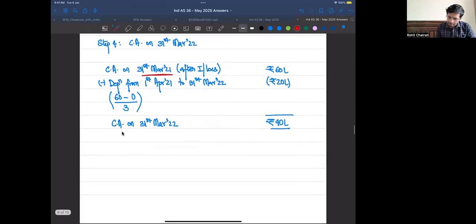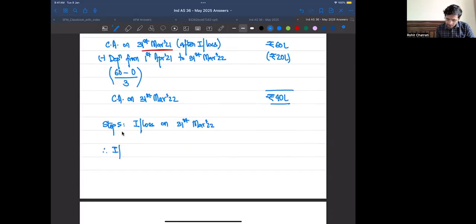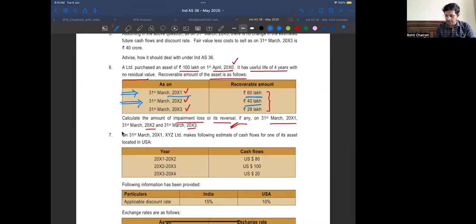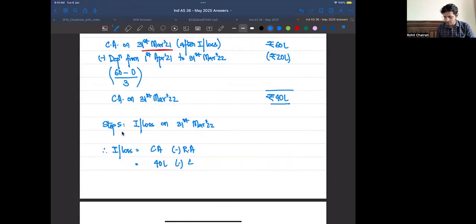Now we will be comparing the carrying amount with the recoverable amount on 31st of March 2022. So to calculate the impairment loss on 31st of March 22, we will be comparing the carrying amount with the recoverable amount. Impairment loss will be equal to carrying amount less recoverable amount, that is equal to 40 lakhs. Recoverable amount was also equal to 40 lakhs on 31st of March 22. So it's going to be 40 lakhs less 40 lakhs, and therefore there is no impairment loss that is required